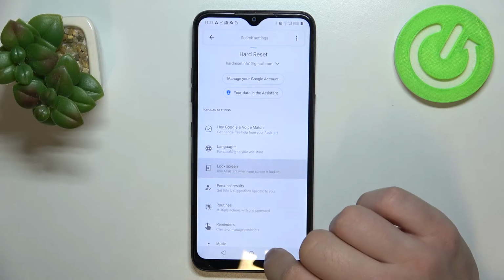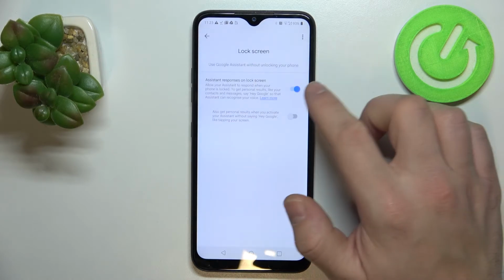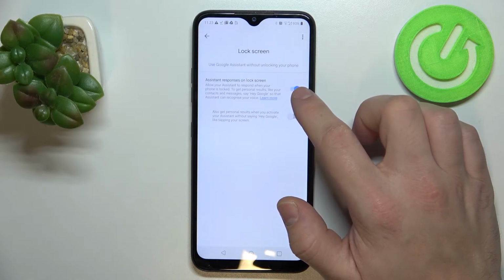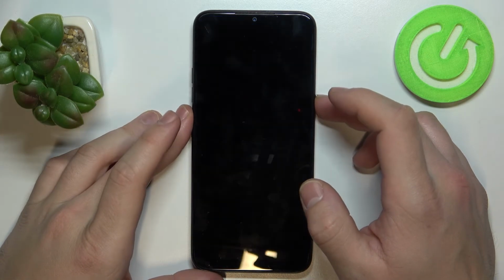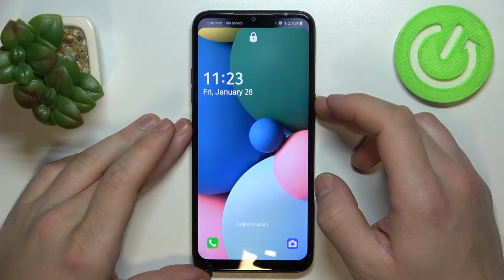Go back, enter lock screen, and also make sure that lock screen is enabled. Now you can lock the screen and simply say, "Hey Google,